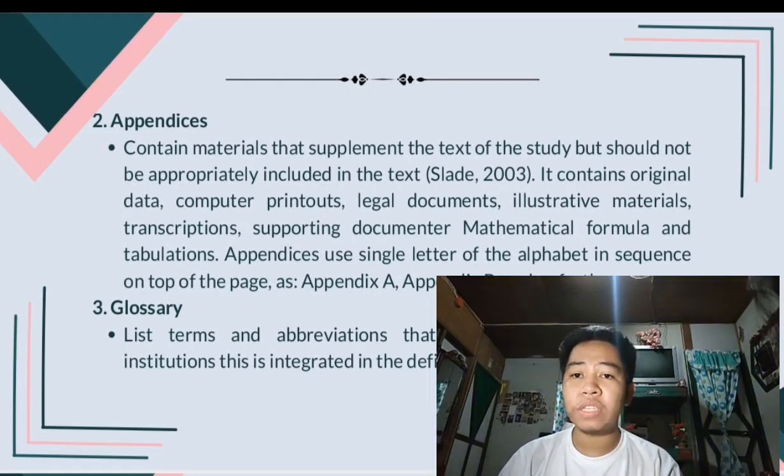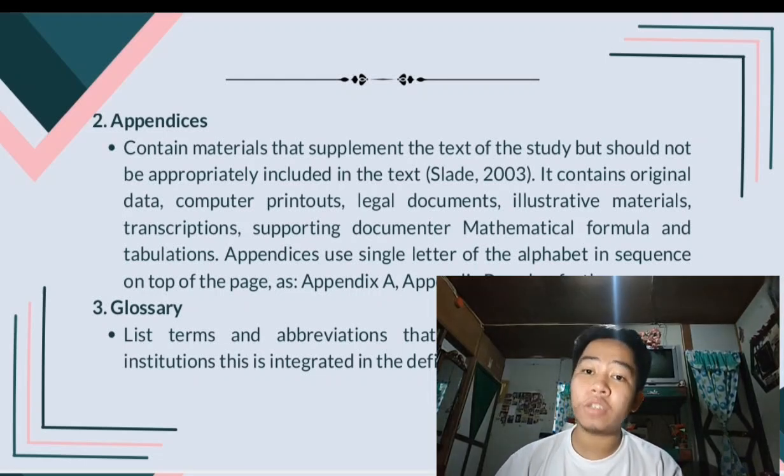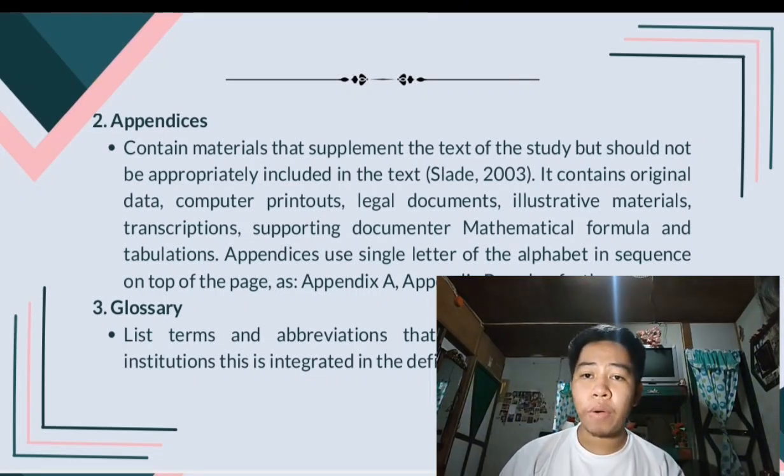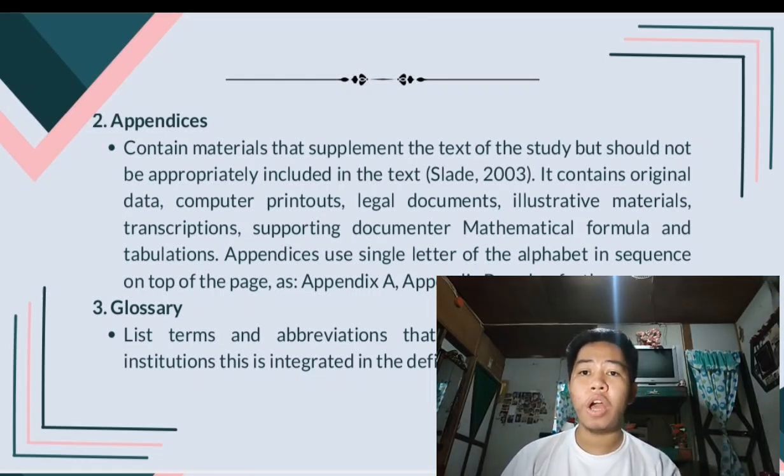This label goes at the top of the page for each appendix. Example, if we have a survey questionnaire used in our research, it could be included as Appendix A, which allows readers to see exactly what questions were asked